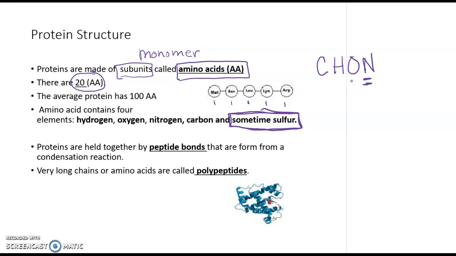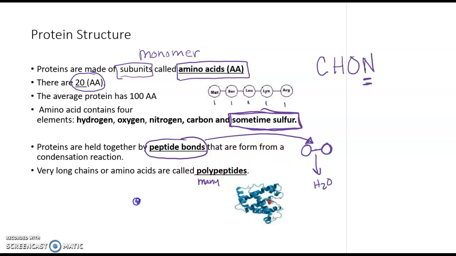When amino acids bond together, so for example, you have a methionine and it's going to bond to a serine. Remember that bond, you have to release water, so it is dehydration synthesis. But this bond is actually going to be called a peptide bond this time. And when we link amino acids together using peptide bonds, we now call them not polyamino acids, but poly, remember, poly is many, peptides. So a big long chain